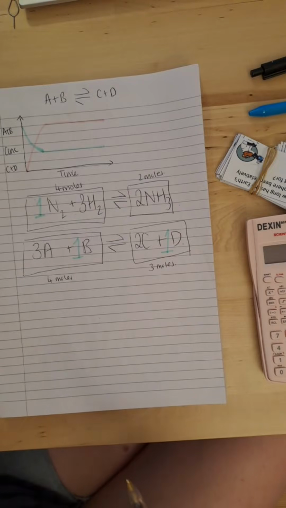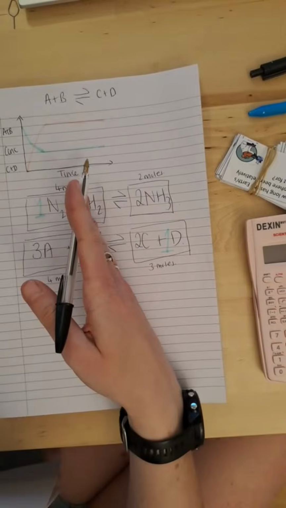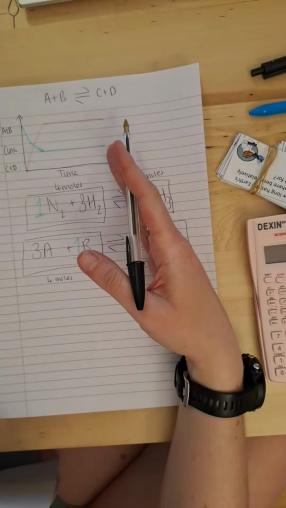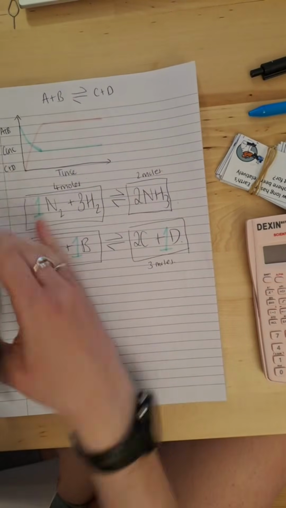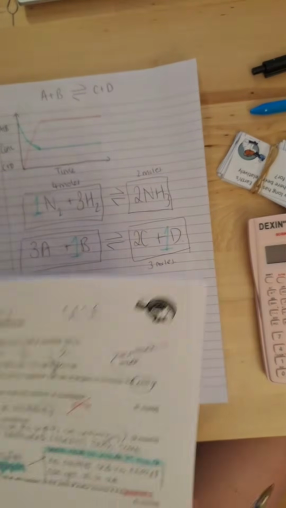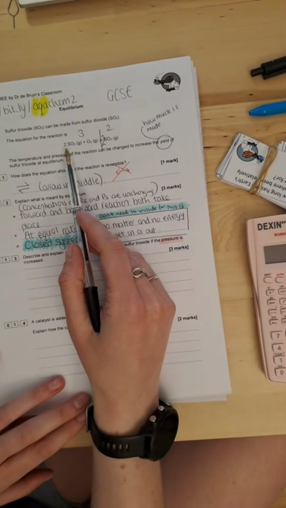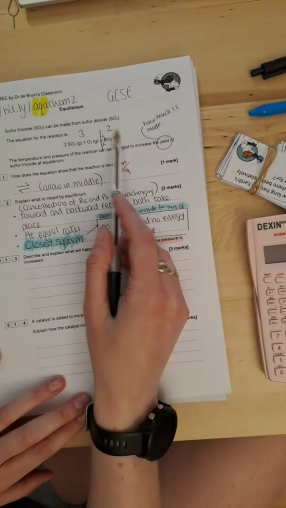Whenever we talk about equilibrium, we are talking about dynamic equilibrium and we just don't give it its full name. The reason it's called dynamic is that it hasn't actually stopped. The forward process is still carrying on and the reverse process is still carrying on. It's just that because they're happening at the same rate, you can't see what's going on. Anyway, back to our actual question. So we've got 3 moles here, 2 moles here.